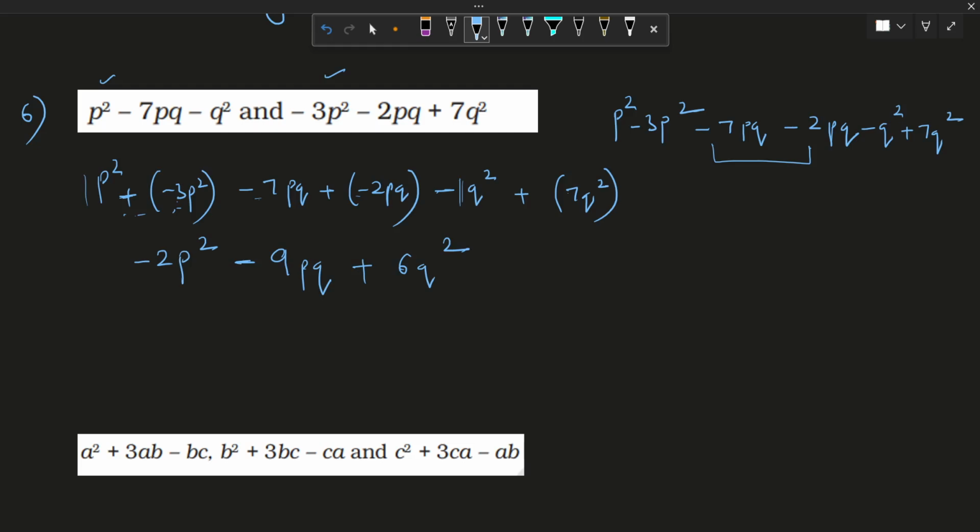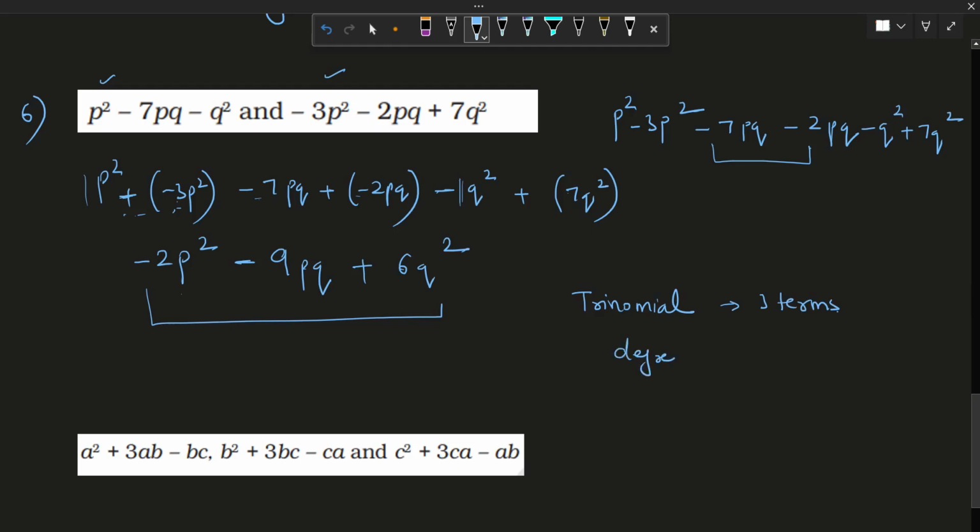Clear? Now, what type of polynomial is this? I'll say it is a trinomial, because there are three terms in this. Or if I ask what is the degree of this, if you check, degree is